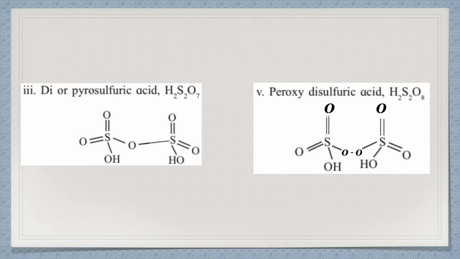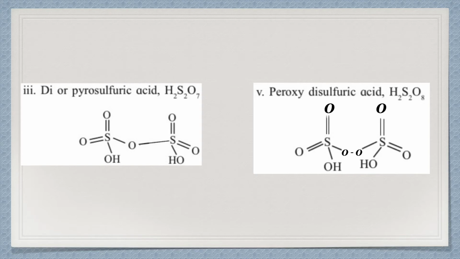Over here there are how many hydrogens? There are 2 hydrogens. That means first I will write down 2 sulfur there. I will attach an OH group to each of the sulfur. Till there, that is done. Now how many oxygens are left? It is 8 minus 2, so there are 6 oxygens left. Similar to the other structure, I am going to add double bond O, because only oxygens are left. So I will add 2 double bond O to each of the sulfur. Now again 2 oxygens are left.